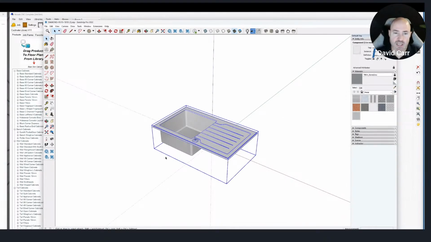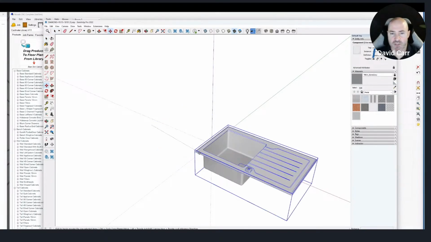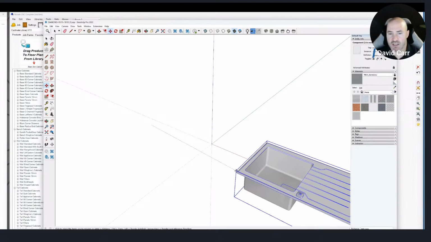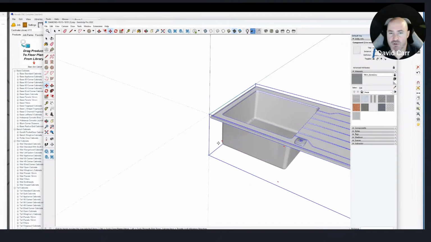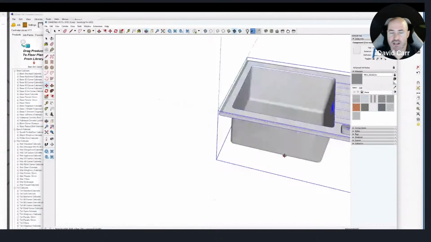So I'm going to use the M key on the keyboard, press M for move, and I'm going to click on the top section of that sink. I'm just going to move my mouse, and you'll see it very easily snaps to the origin point there, where those axis points intersect. That's a really quick and easy way of getting the left edge and the front edge all in a line